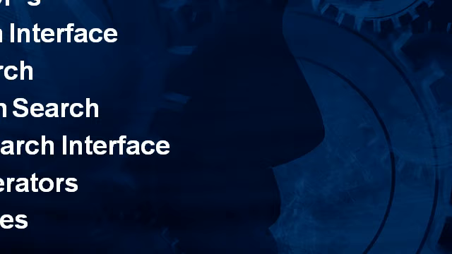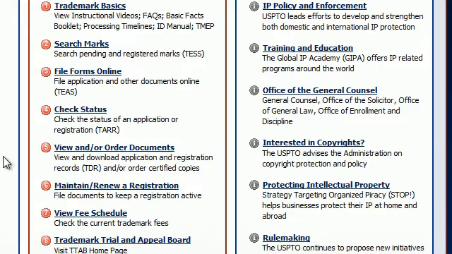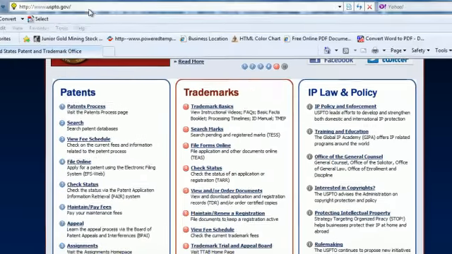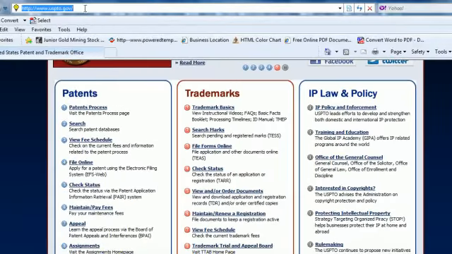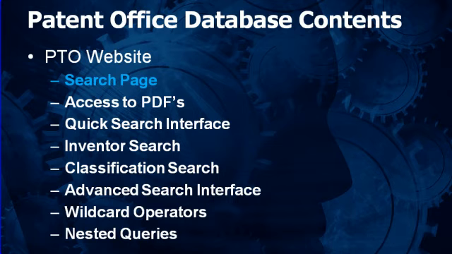The first database I'll be demonstrating is United States Patent Office's own online database. So I'll be coming back to this page as I move through each section, so it'll be easier to find your place if you have to stop and come back to the DVD. So you can access the Patent Office's database by going to the web page as you see here at uspto.gov. To access the database at the Patent Office website,